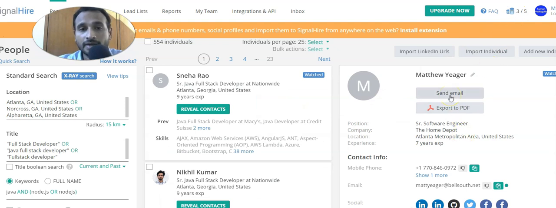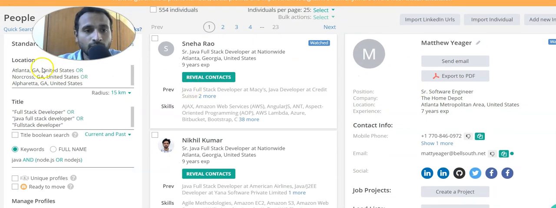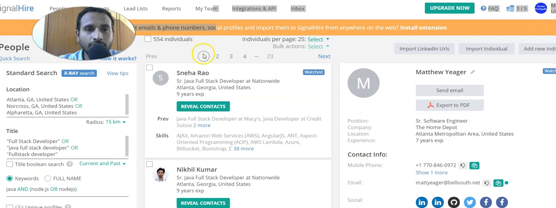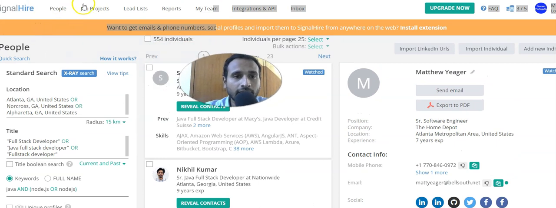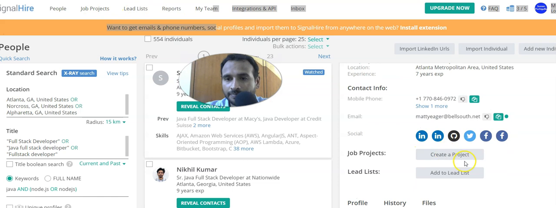Now, the hack I'm going to share with you, if you are using this free version, I wish it is helpful for you, and you can use a bunch of its functions. With the candidates you can create your own job projects, or you can add this person to a lead list if you are into sales.